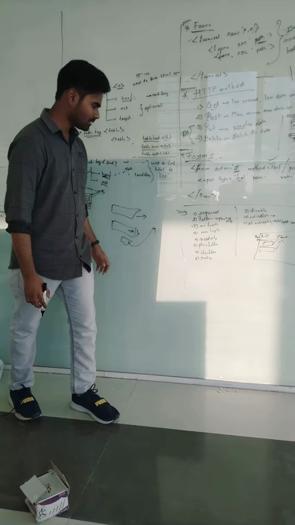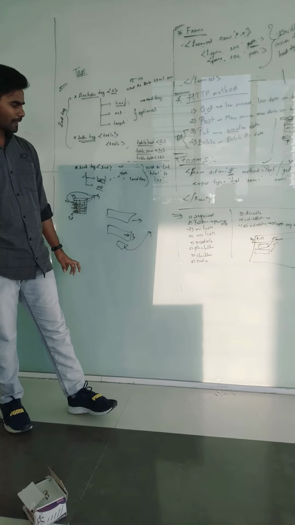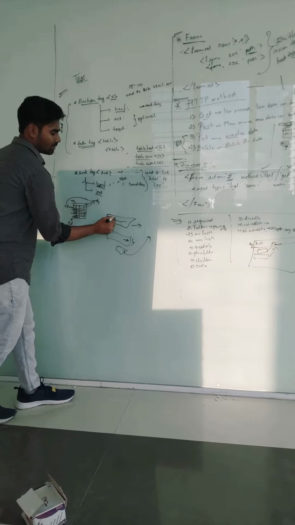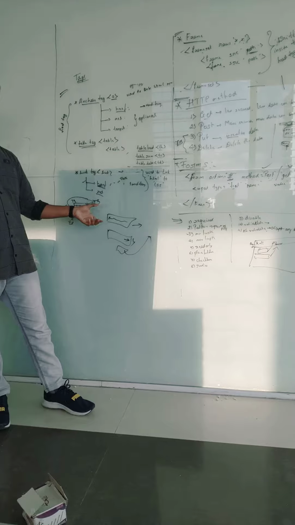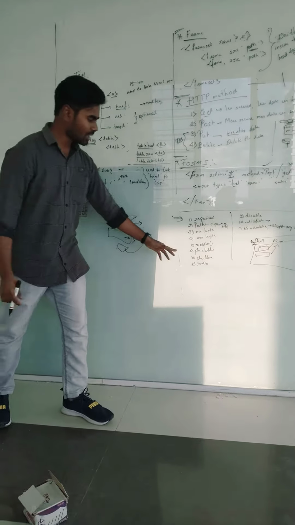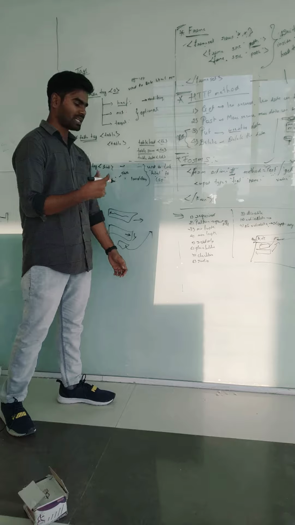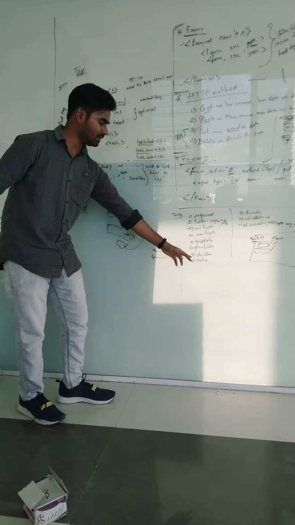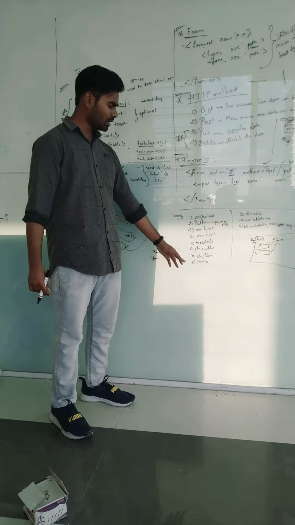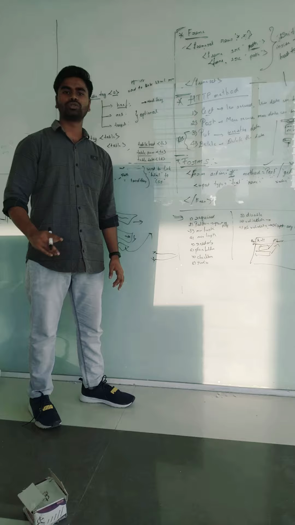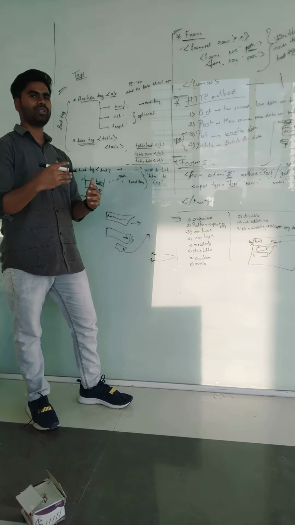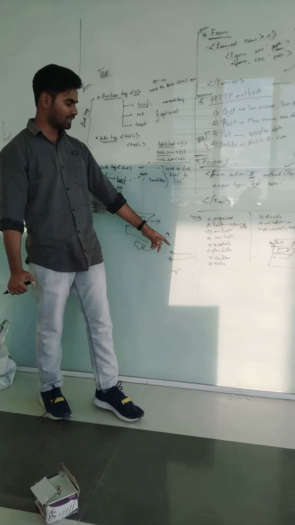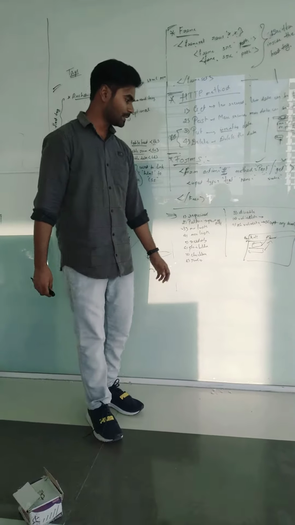Read the data. Placeholder is to write the text, for example, enter your name. It will show the information in the box. Checkbox is used to select both options. For example, if you want to select both, you go for checkbox. Radio is used to select either one of them. We want to select only one, for example male or female, we select either only one. In that situation, we use radio.